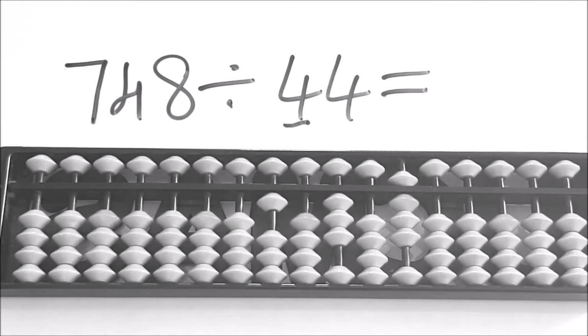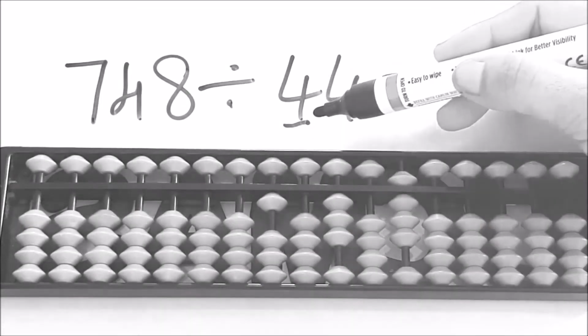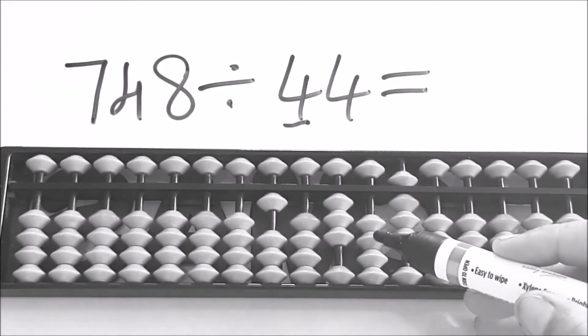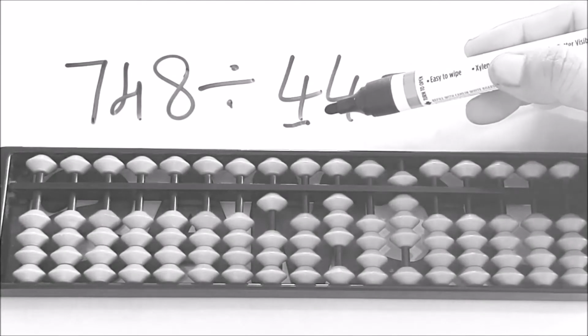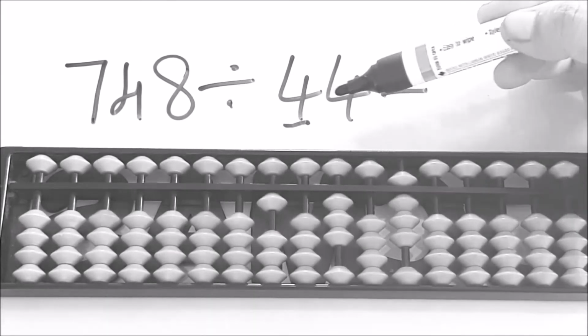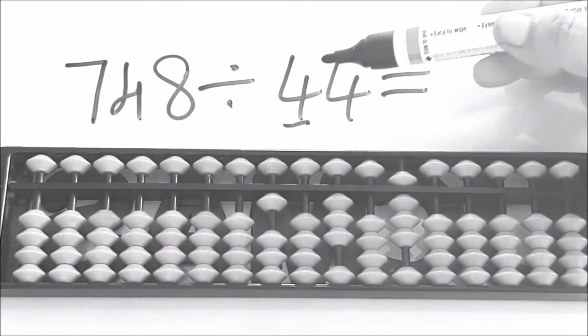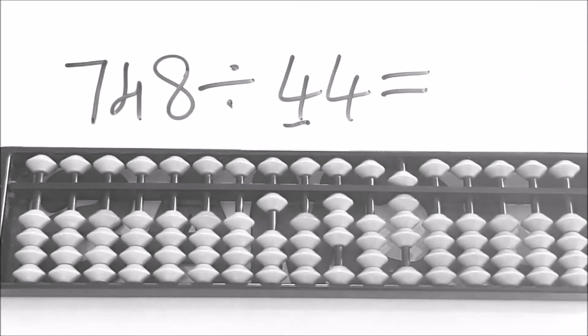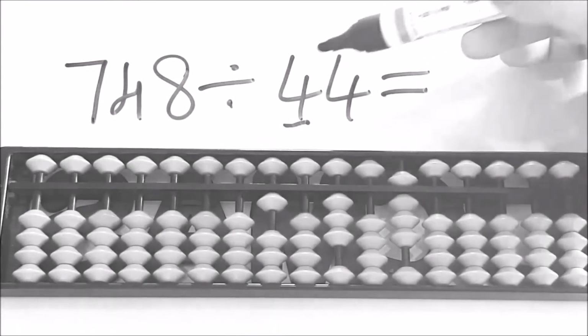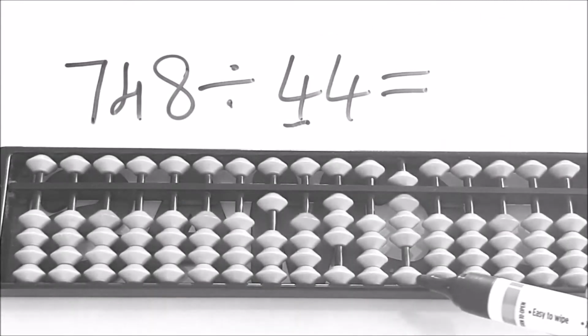Again we'll consider first digit only, that is 4. So in the table of 4 we don't have 3. So we take 2 digit, that is 30. Again in the table of 4 we don't have 30, but we have a close number, that is 28. So 7 4s are 28. So 44 into 7, which is 308. So we can use it. So 44 7s are 308.